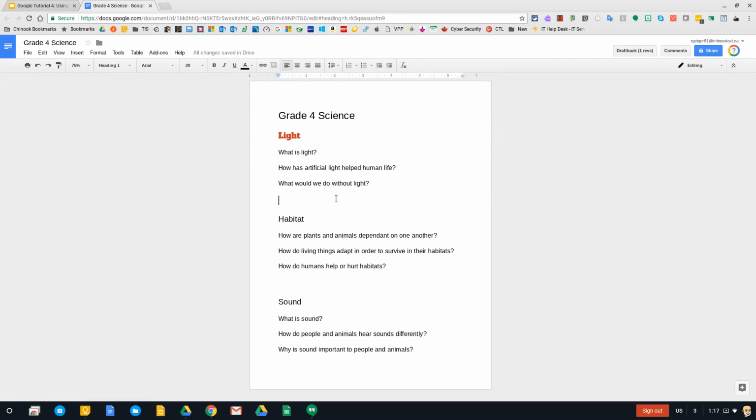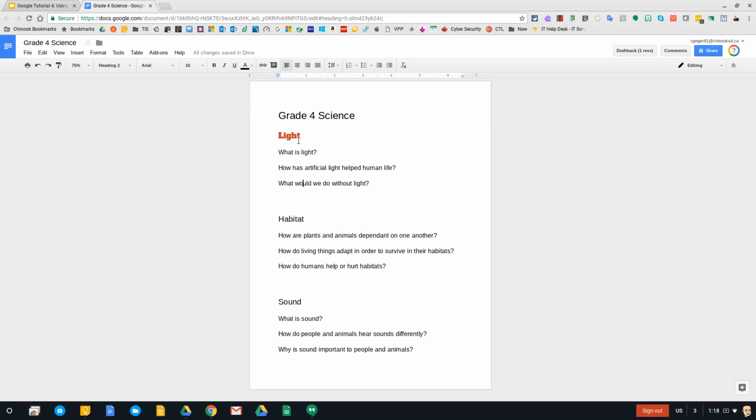So maybe you've done this before where you've changed your headings and you go through your entire document and you get to the bottom and you go, yeah, I don't really like that. That's not the exact heading style I like. I want a different font. And then you go back and you change it again and you change it again. Well, if you've done your document using this structure where you actually have your headings laid out,